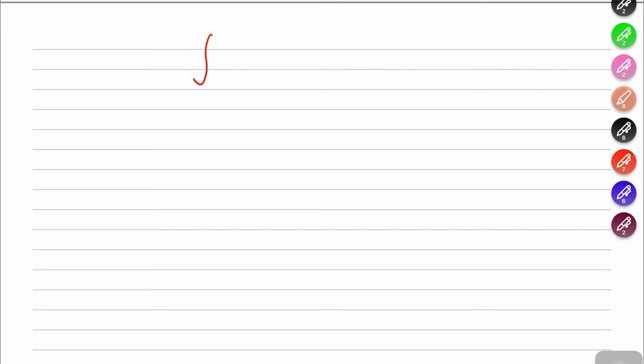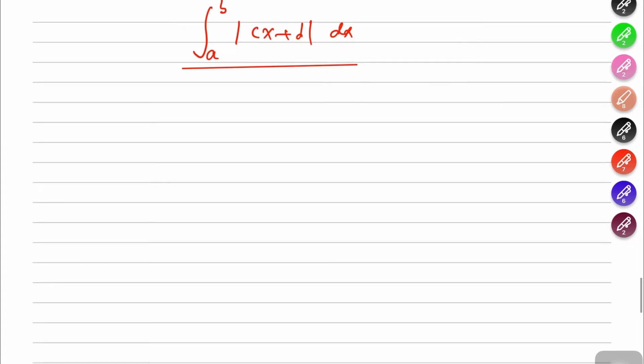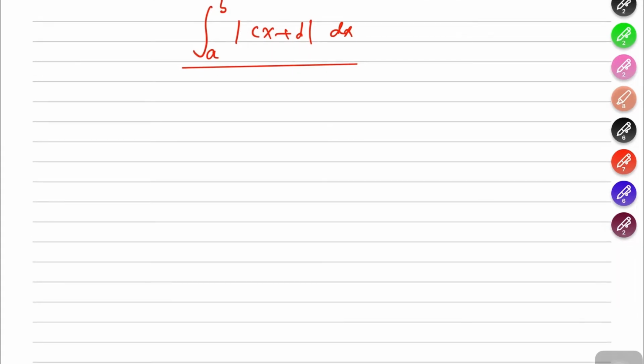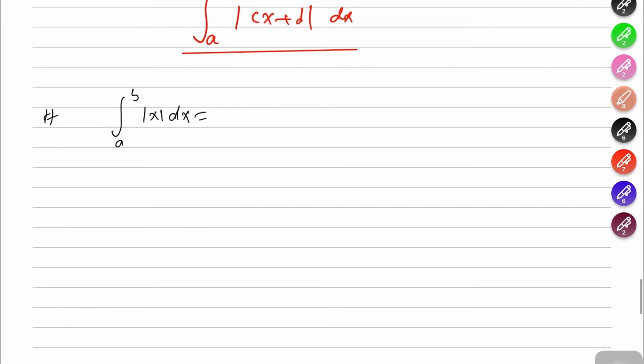We'll see the integration of a to b mod of, let's say, cx plus d dx. Okay, so we'll see the integration of a modulus function of type cx plus d, a linear function inside the modulus. So before doing this, let's do some of the basics. If I, let's say, want to integrate a to b mod x dx, that is basically